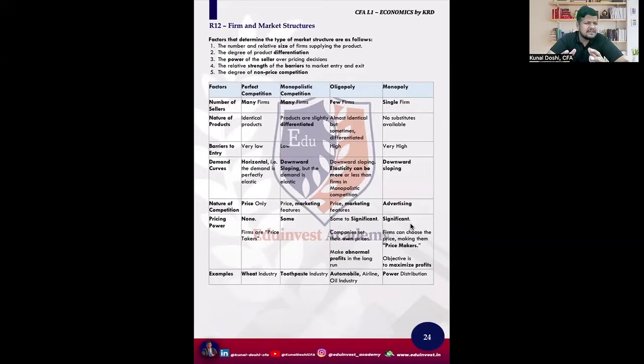I somehow disagree with the CFA Institute for this part because many of the students are coming from a non-finance background, so they might not have studied economics in that detail. So I thought that they've made a mistake directly introducing the firm and market structure. However, don't worry, the notes are in such a simple manner that even if you do not know more in depth about it, I've covered all that in detail, which you can watch on YouTube. And here we are going to compress and understand from the exam point of view.